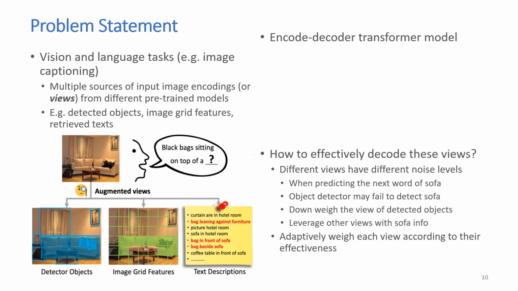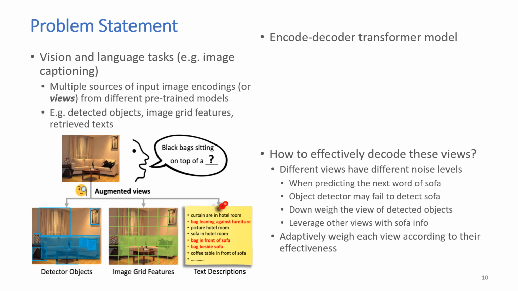Take the figure on the left as an example. When predicting the next word of sofa, let's say the object detector fails to detect the sofa, then the model should downweigh the view of detected objects and leverage other views with the sofa information to better predict the next